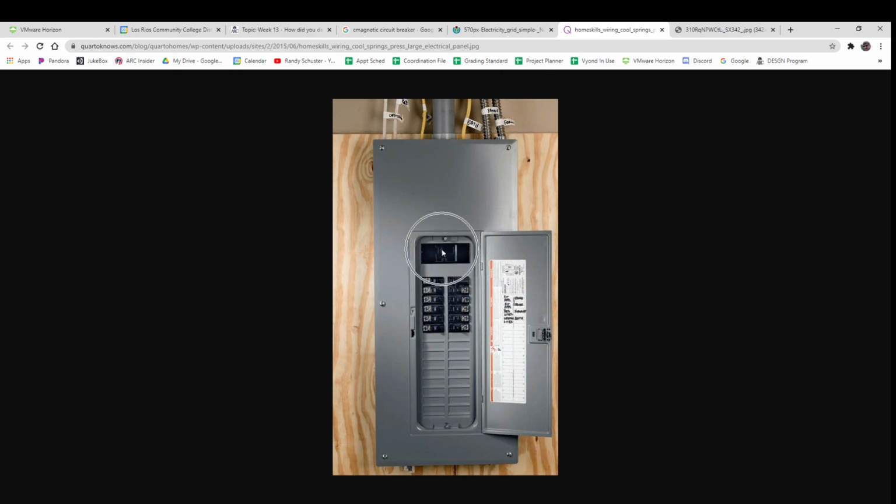And right here, your main power comes in. That's where your 240 or 120 volt AC comes in. And then each wire goes out on individual circuits to the things in your building. This one goes to the microwave. This one goes to 10 plugs in your rooms. This one goes to the fume hood. This one down here goes to your lights. So you arrange